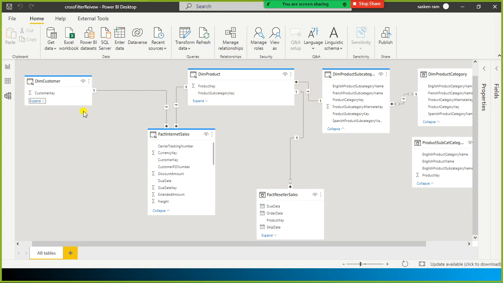In the case of one to many, we know very well the common column between these two tables is the customer key. With this, we are able to create a relationship between these two tables. Hence, the customer table can filter the sales table, because there is a one to many relationship. In the case of a one to many relationship, the cross filter direction of single means that the one side of the relationship filters the many side. That is what you need to remember.